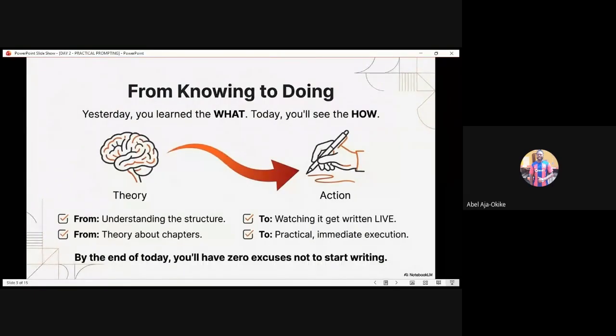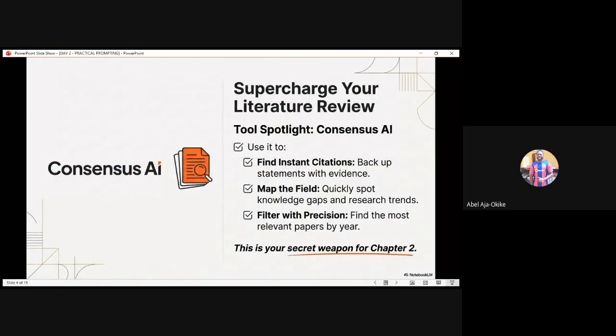I can already see that some of us are impatient. We just want to spill the juice so that we can get ahead, and we are getting to that already. So one of the things that we'll start with this very moment is to understand this particular tool for literature review known as Consensus AI. In case you've not heard of it, Consensus AI is an AI tool that is used for deep literature review. What it does is that you ask a question, it samples research papers and gives you outputs.